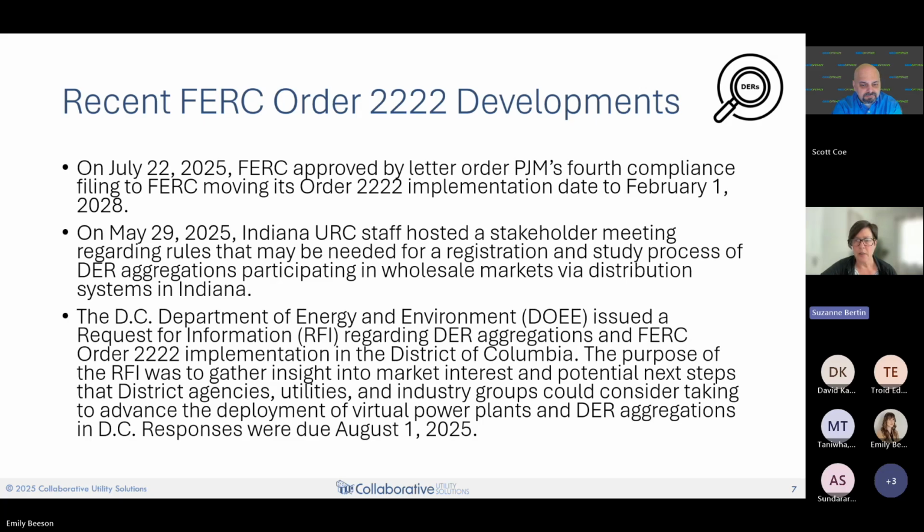Additionally, the DC Department of Energy and Environment issued an RFI regarding DER aggregations and FERC Order 2222 implementation in DC. The purpose was to gather information about market interest and potential next steps that district agencies, utilities, and industry groups could consider taking to help advance VPPs and DER aggregations in DC.